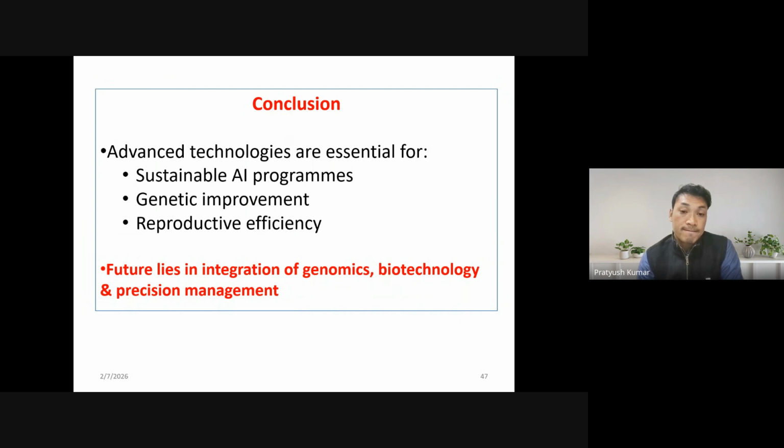Because ultimately, what is the aim? The aim is to get maximum production of milk. Good quality semen or a good bull means the bull should be selected from a good mother, which gives the maximum liters of milk. This is the good quality. Progeny tested means the bull you have selected should be from a good mother.